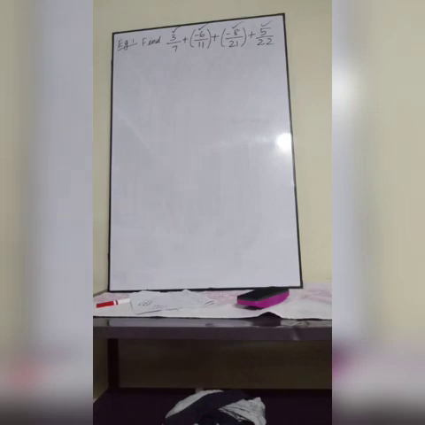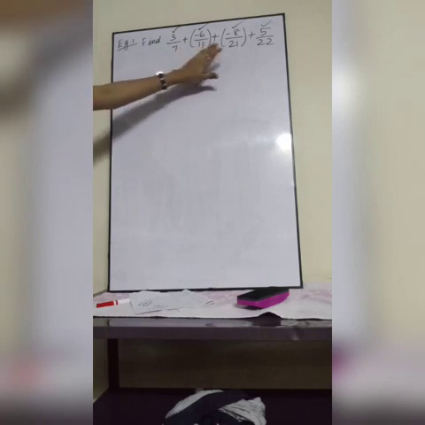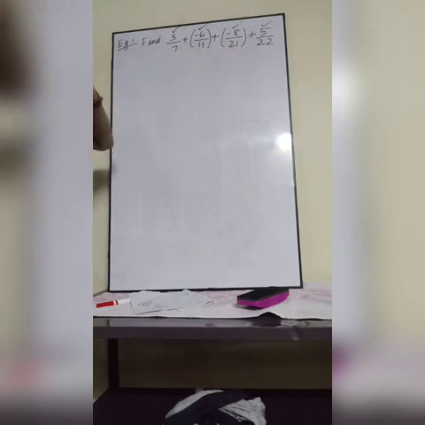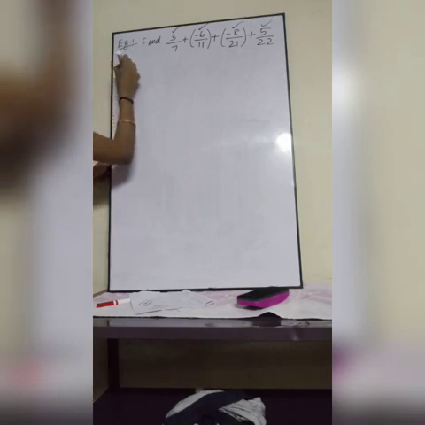I already told you, when you are adding, if our denominators are same, you can add it directly, right? But here, are our denominators same? No. Here the denominator is 7, here 11, here 21, here 22. So all the 4 denominators are entirely different. So what you have to do? You have to take LCM to make all the denominators same.